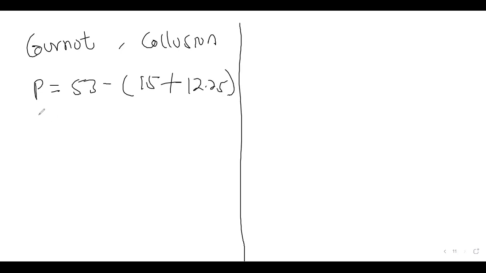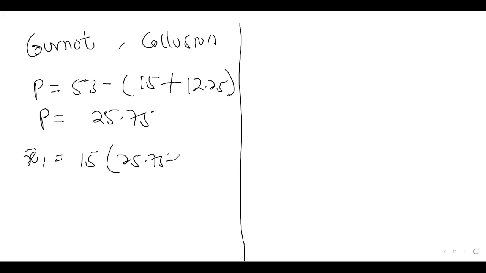Okay, so we have P is equal to 25.75. Now the profit for M1 will be equal to the quantity, which is 15, into bracket the price, 25.75, minus the marginal cost. Remember that if M1 is playing Cournot, his marginal cost will be 10. Then his fixed cost will be 40. So once we solve this, we will get